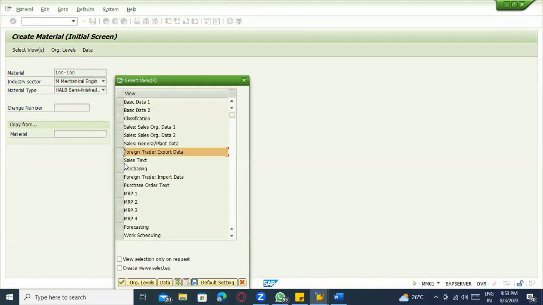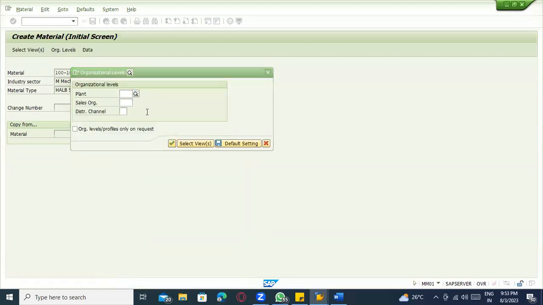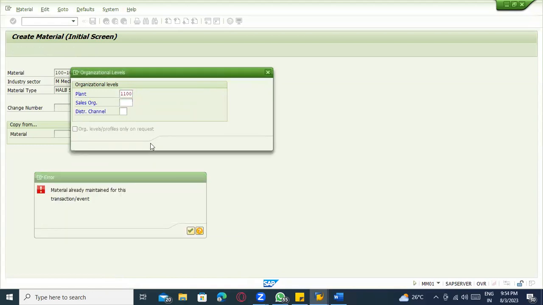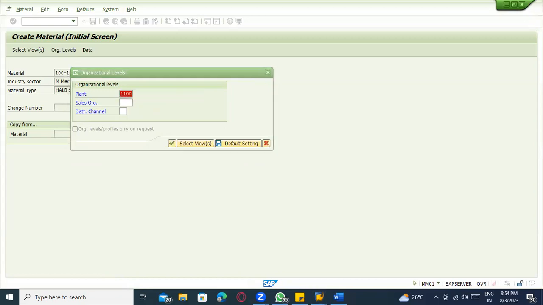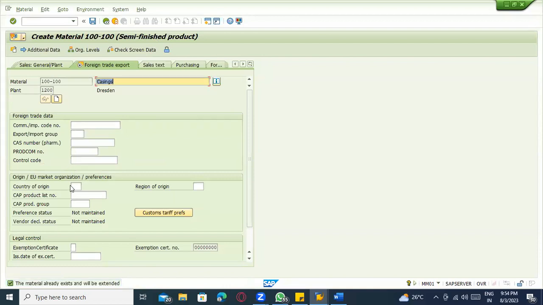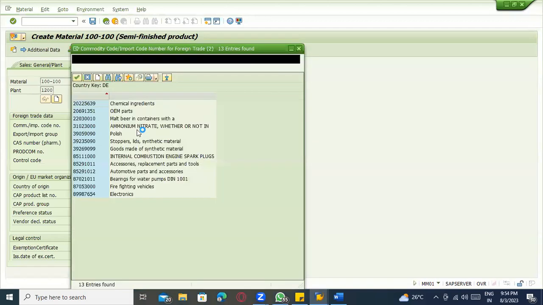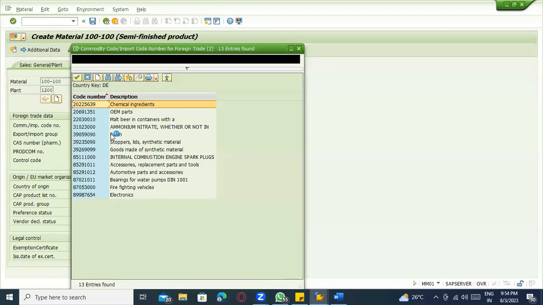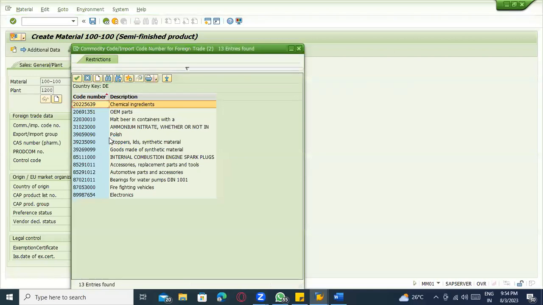If you see foreign trade, export and import, if you maintain here, they will ask about what is already maintained. You can maintain here the country of origin and commodity code, import related code and all. Here it is maintained what the company code is, what the controlling code is and all.